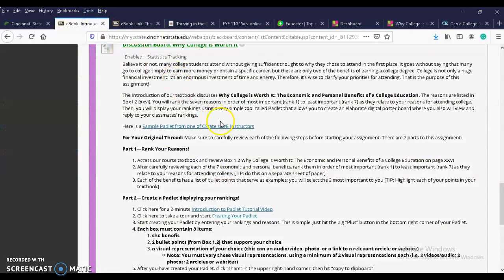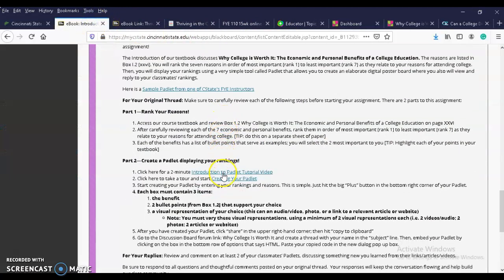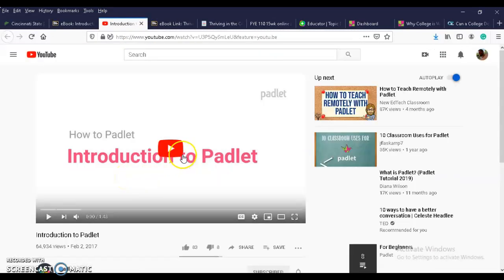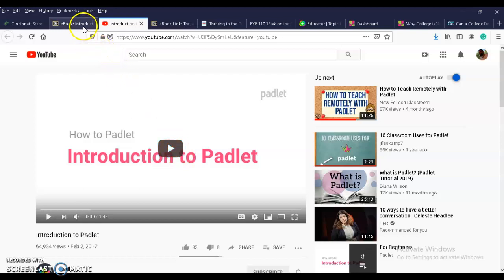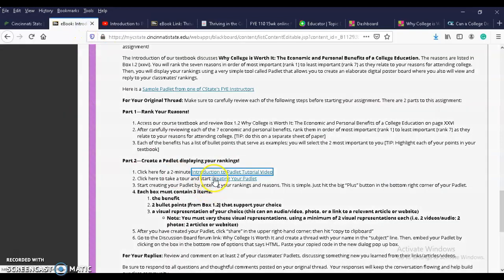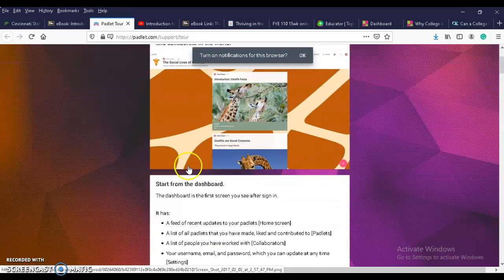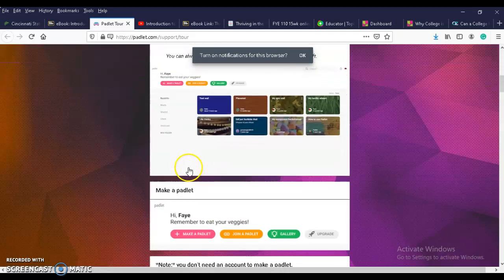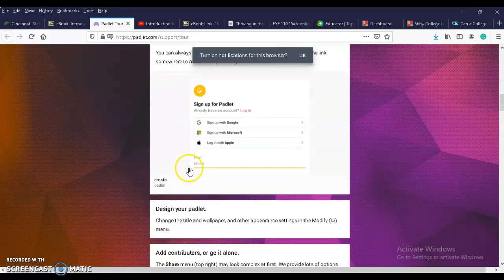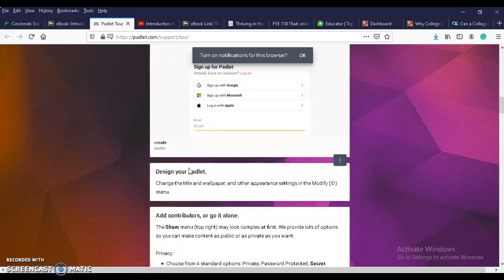using the directions here. So here's a tutorial, an introduction on Padlet. You should definitely watch that. Here is a tour of Padlet. You should definitely read that. So it tells you how to sign in.